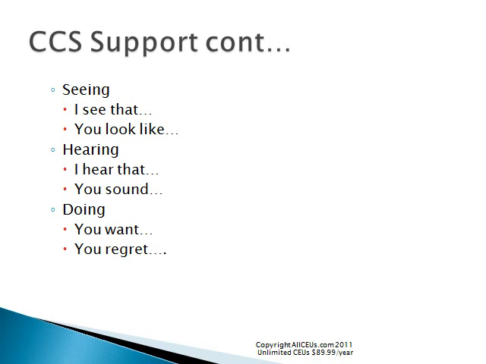Again, when you're working with somebody who's a visual learner, I see that this, and this. I see that you're trying to do the next right thing. I see that you've tried these 3 things and they haven't worked. You look like you're wanting help, but nobody's paying attention.